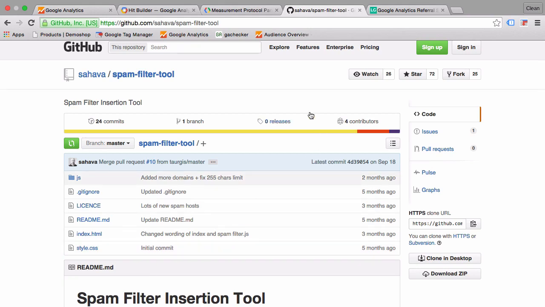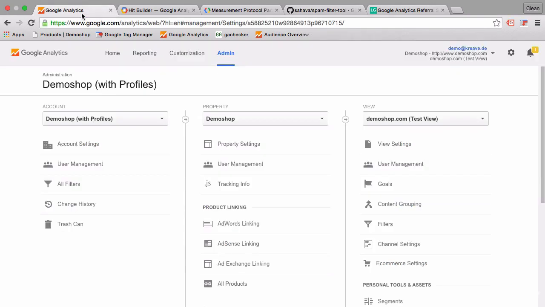So this needs to be updated, and you probably want to run this every month in order to keep your data clean. All right. Now that we have taken care of the data that is coming in to our account and filtering that out,